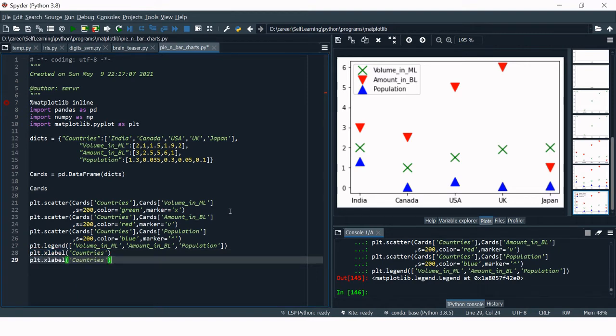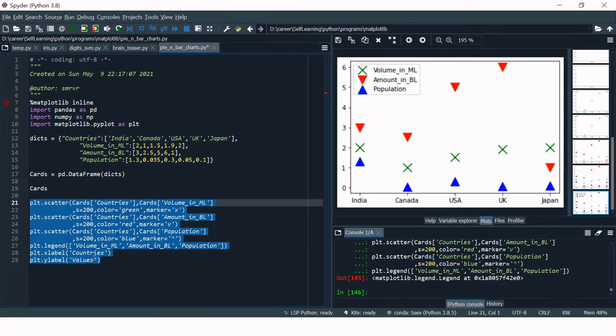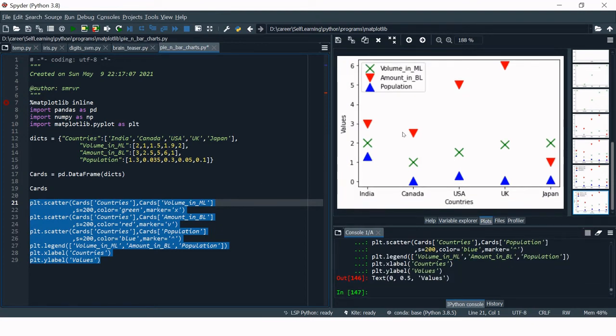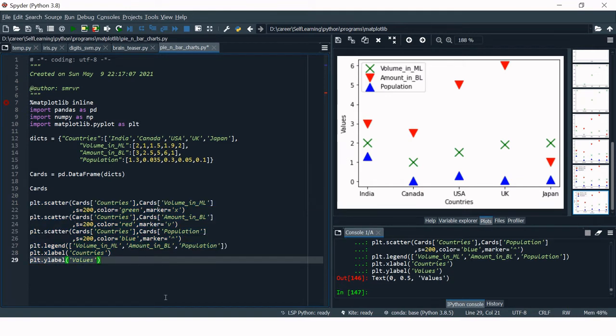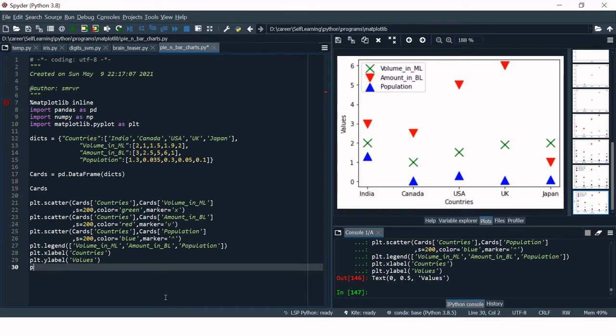Similarly, we can use ylabel, and here on the y label we are showing the values. So you can just run this, and like you can see, here values have been written and here countries have been written.